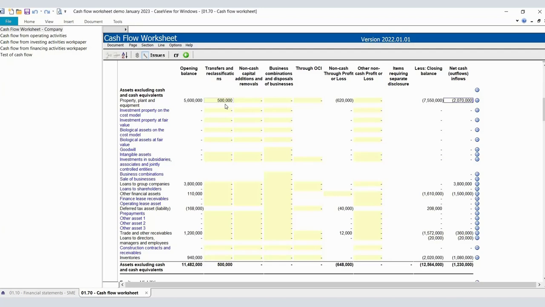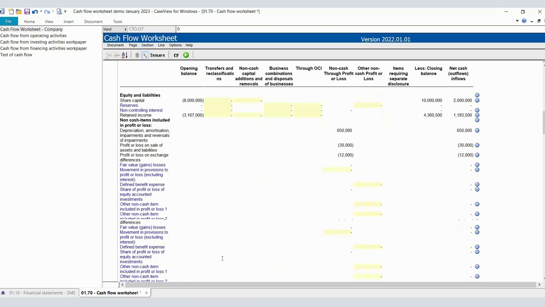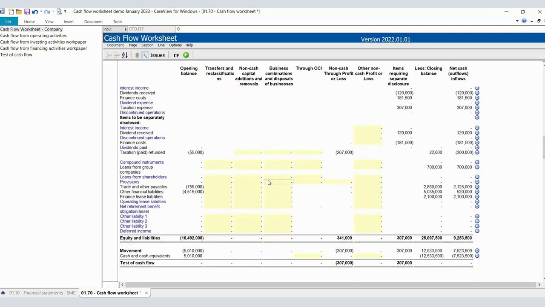But there is not a similar reconciliation of movement for inventories. So there was no way for the software to know that there was a 500,000 transfer from inventories. And so this is the kind of process that we'll follow to make the additional non-cash flow movements, ensuring that both sides of the transaction are captured. The other side of the non-cash transaction in,